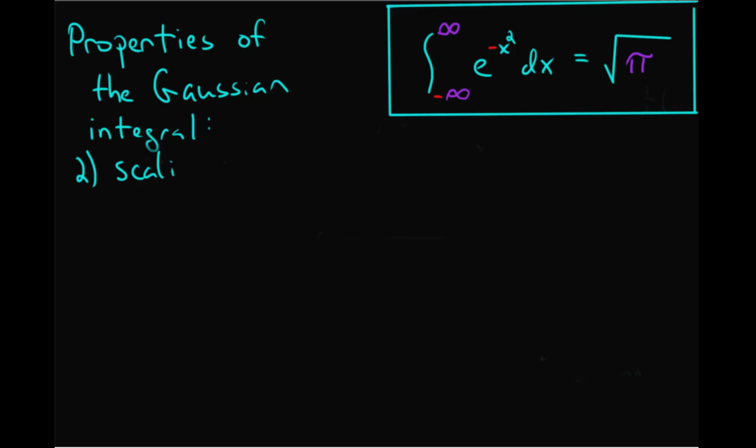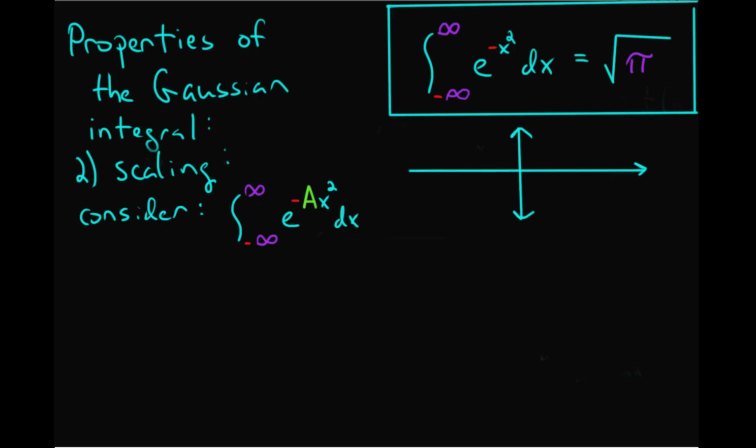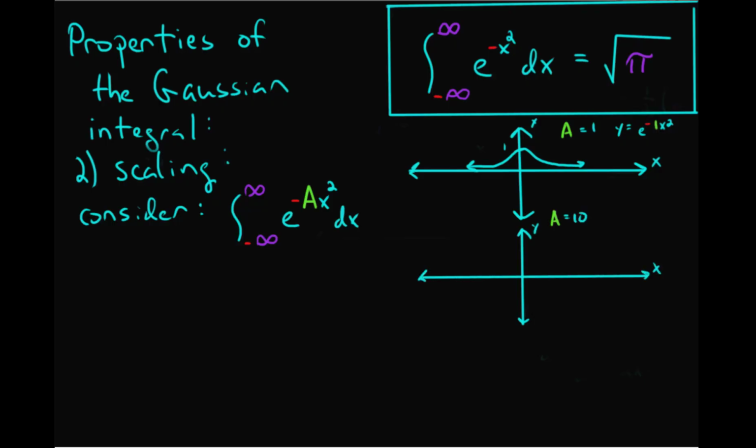The next property that we want to consider is what would happen if we were to multiply that negative x squared in the integrand, in our exponent, by some positive constant a. Well, when we set a equal to 1, of course, we just recover our usual Gaussian function. But what if we set a equal to 10? Well, you can take out a graphing calculator to confirm this for yourself, but what you'll see is that you still get a bell-shaped type curve, but now it's much more narrow and it still peaks at x equals 0,